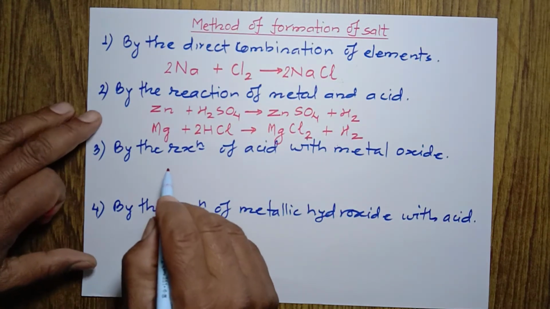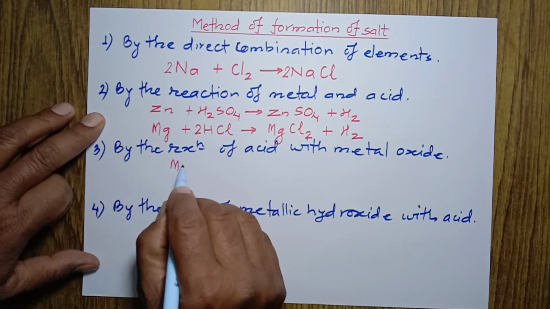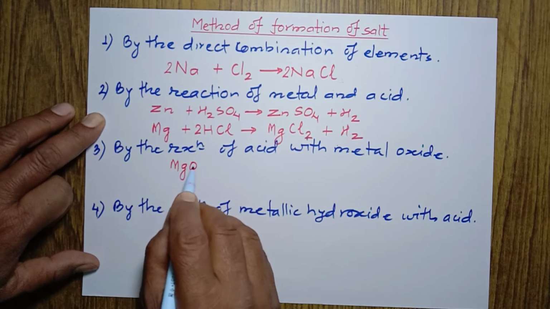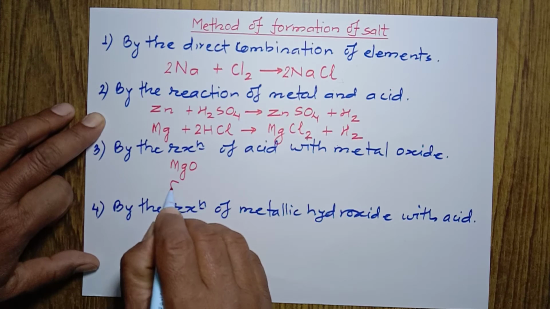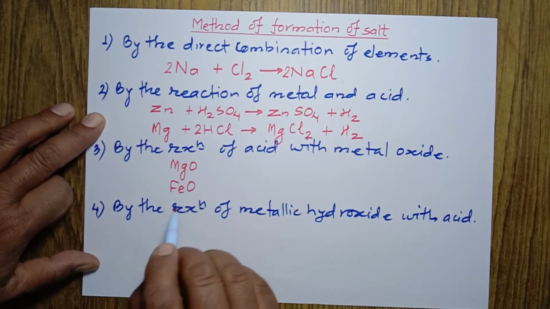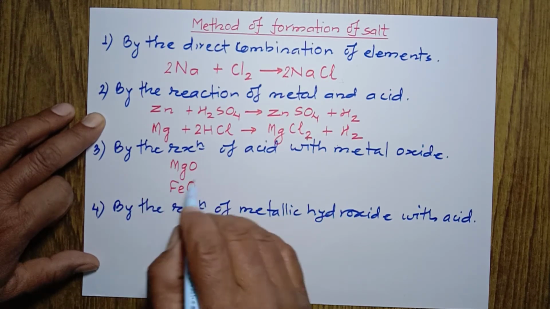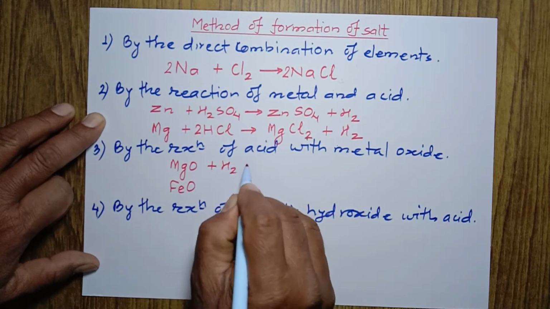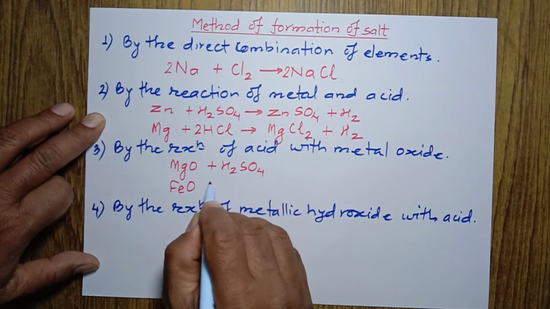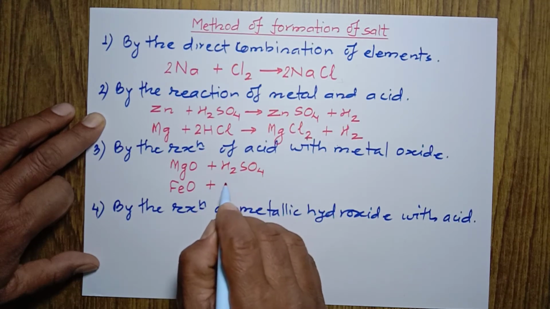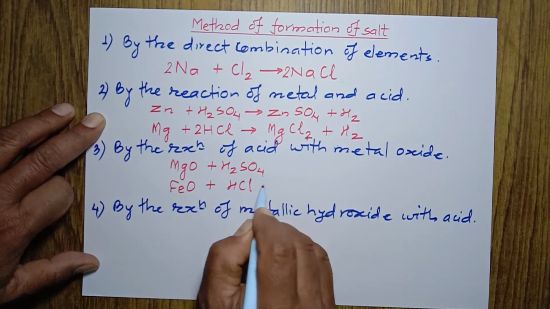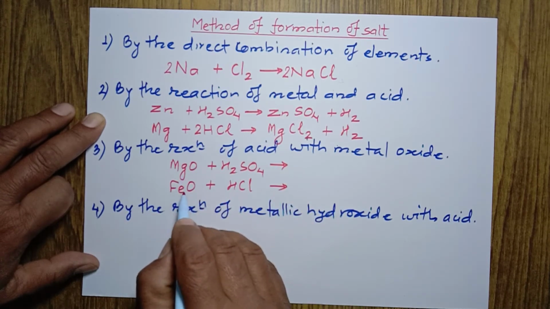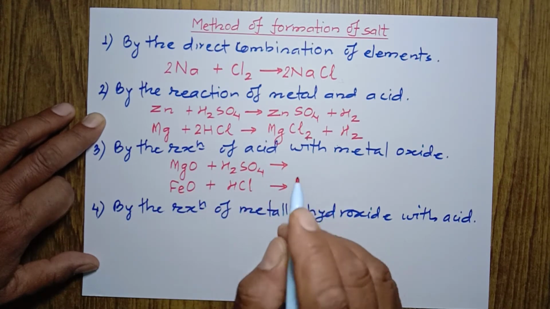Now let's talk about metallic oxide. Let's say this, magnesium oxide. This is metal combined with oxygen, metallic oxide. Let's say another one, iron oxide. These are metallic oxides. We can take another also. Look at this, MgO, when it reacts with hydrochloric acid, let's see, then what happens? When metallic oxide reacts with acid, then it forms salt and water,